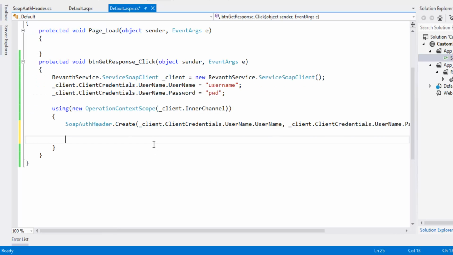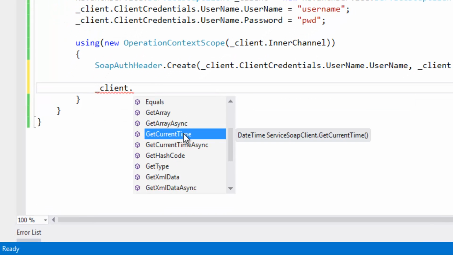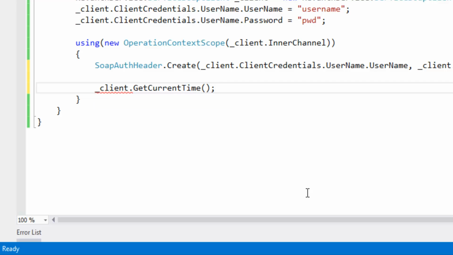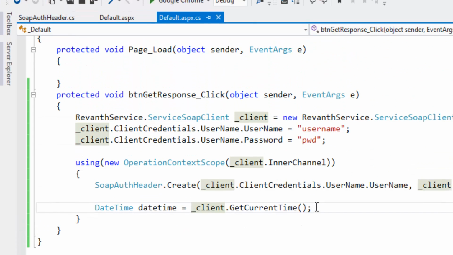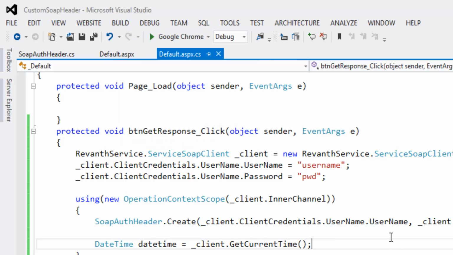Now let's call the required method client dot get current time. This method will return date time. Let's build the solution.